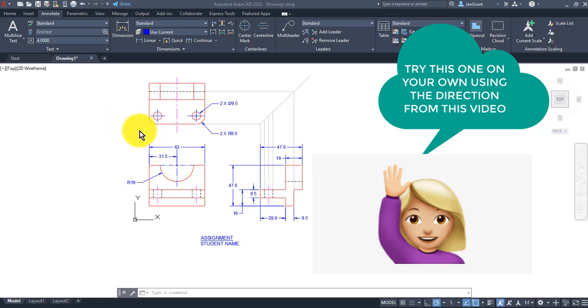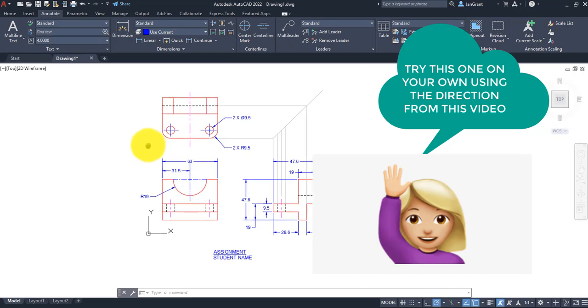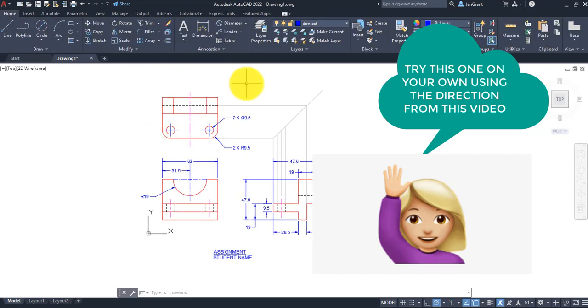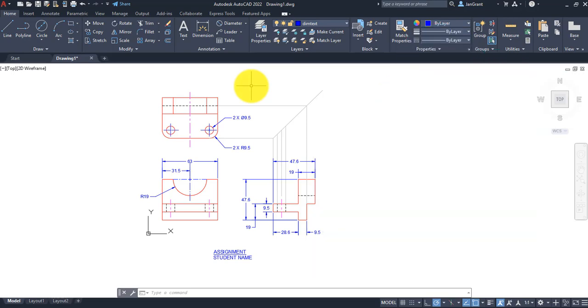So for these last 2 weeks, I thought I'd give you this project and have you do it on your own. But I will walk you through a few things here. One will be 2D this week, and then the other one will be 3D. It's sort of like a home final to make sure that you kind of know what you're doing a little